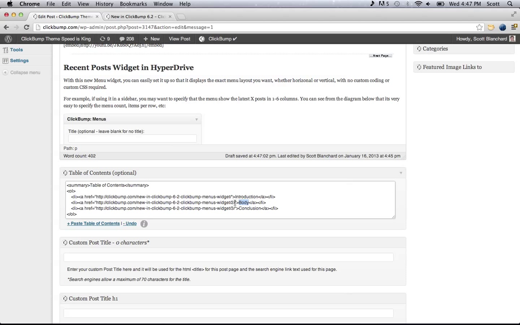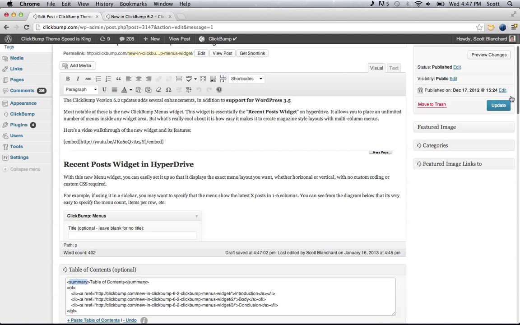But what I don't have to change is the hyperlink. It's already created the hyperlink with the proper page nomenclature added to it. It's going to mark this up in a nice ordered list so that user agents that don't have cascading style sheets will actually see this in the way it was meant to be displayed. And it's also going to create a summary HTML with table of contents, and that's really good for search engine optimization. So I'm going to go ahead and click update